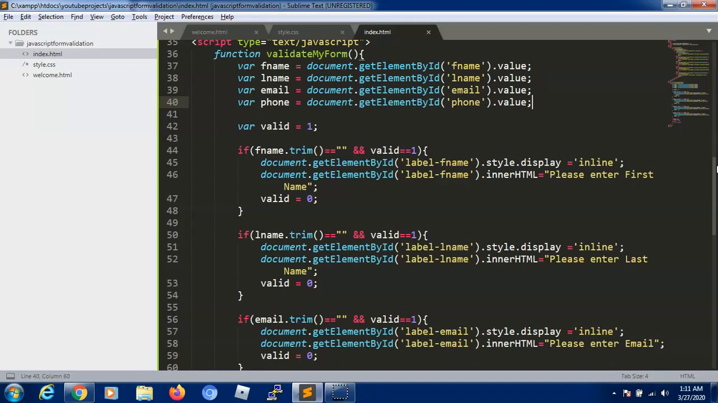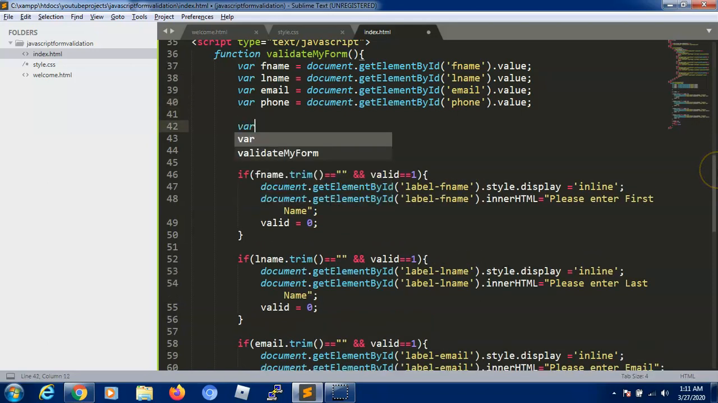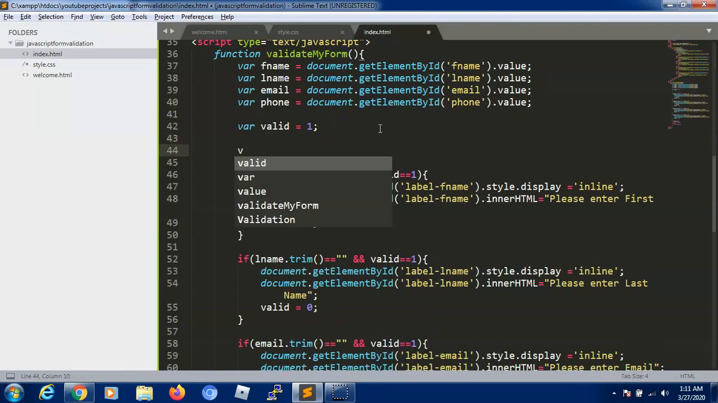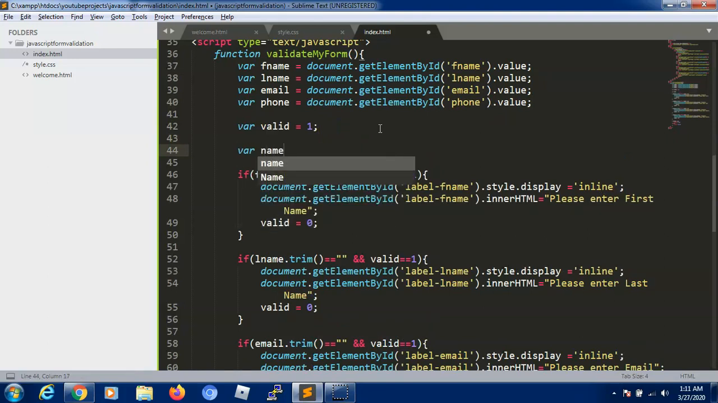If the value which we are entering through the first name input field and last name input field matches with that pattern, then it is going to pass the validation. If it doesn't match, then it will throw an error. Let's see. So I'm going to write it here, after valid. So var nameRange equals to